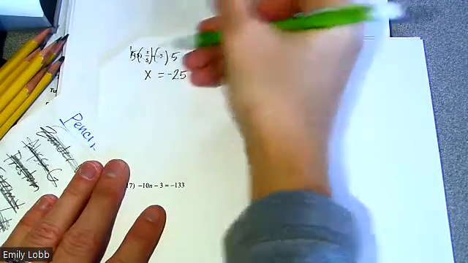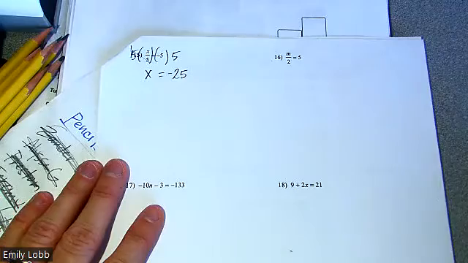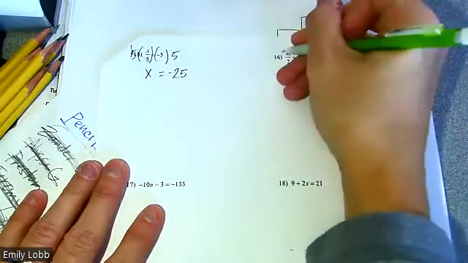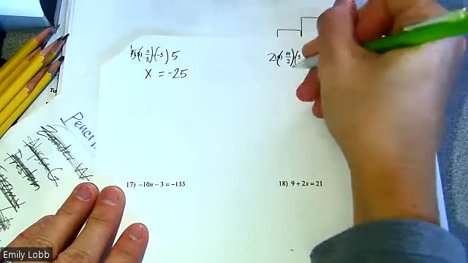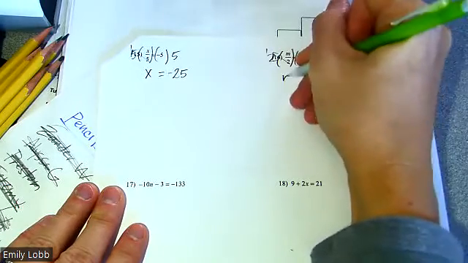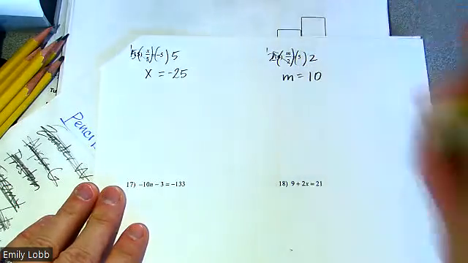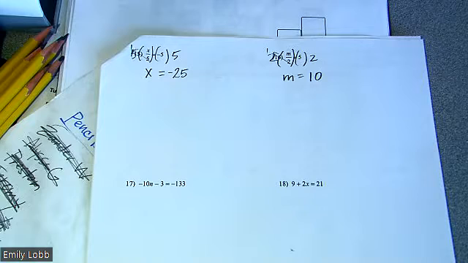Well, negative 25 divided by 5 is negative 5. If m is being divided by 2, I have to multiply both sides by 2 to get 1m is equal to 10. So then if you thought it through, 10 divided by 2 does equal 5. Right? Okay, now